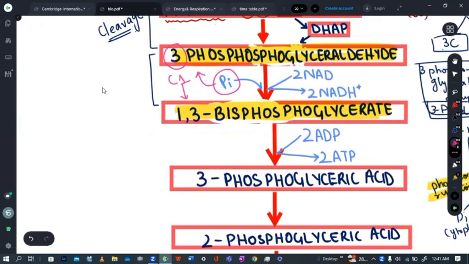So here, two things are happening. First one is dehydrogenation. D means removal, and hydrogenation, removal of hydrogen. And the second one is phosphorylation. Okay, then